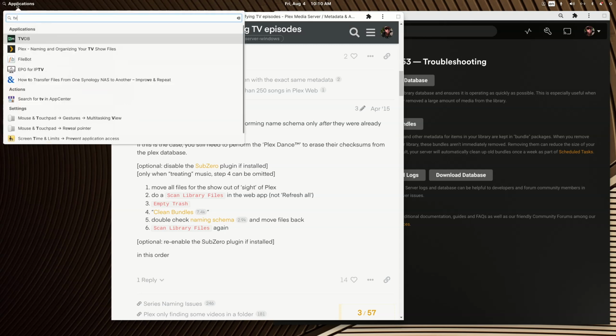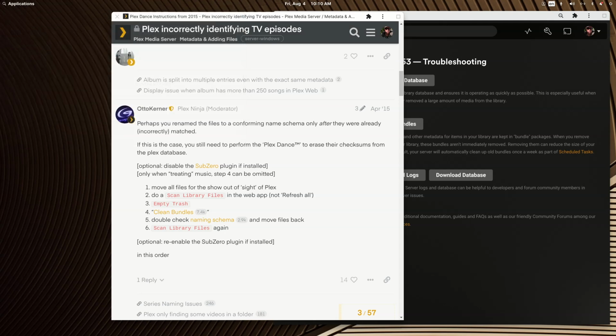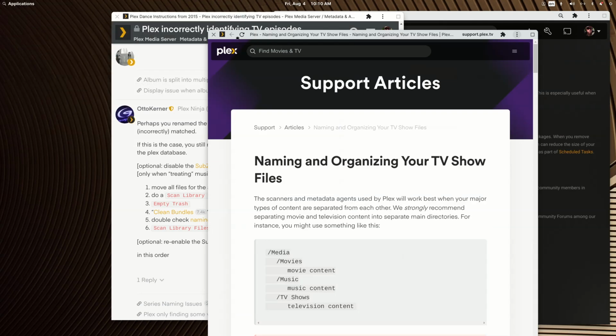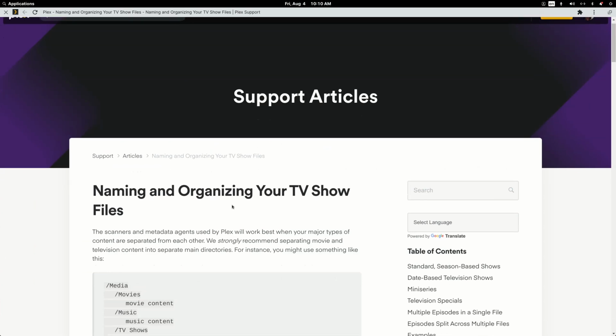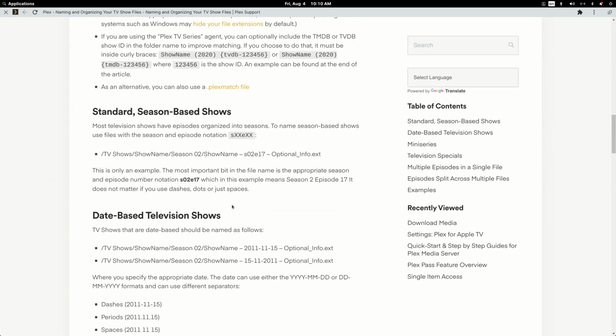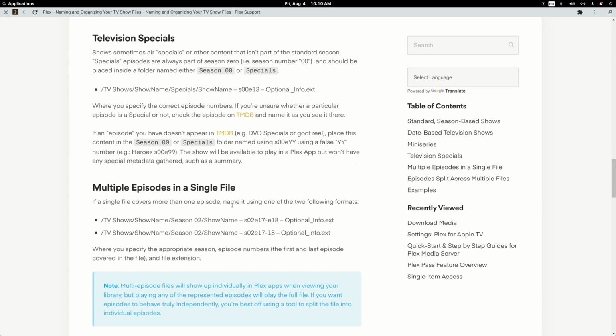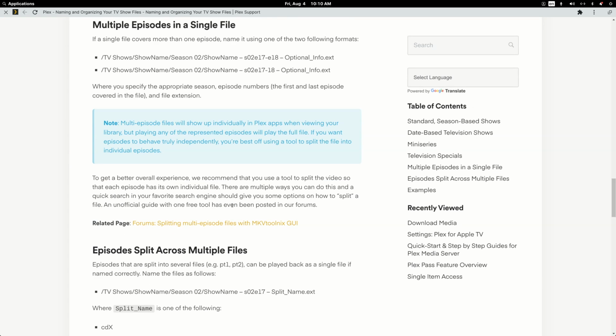And we'll do this little bit of extra that opened up off screen. Don't assume that your naming scheme is good enough. Follow Plex's rules. And if I can find it quickly,